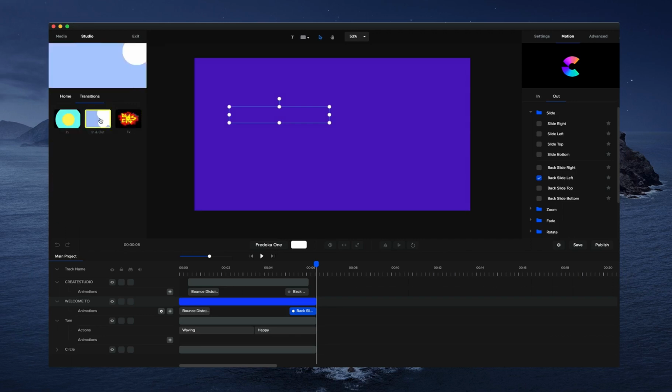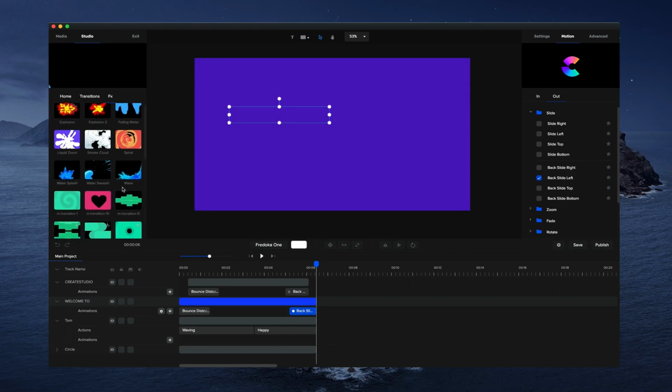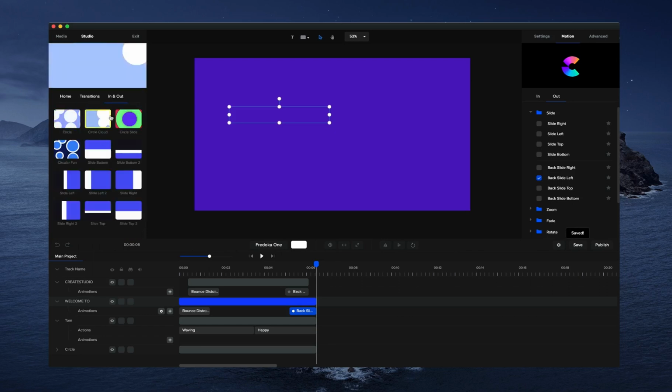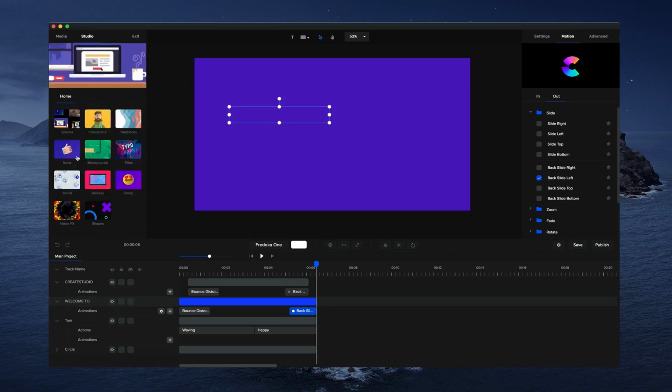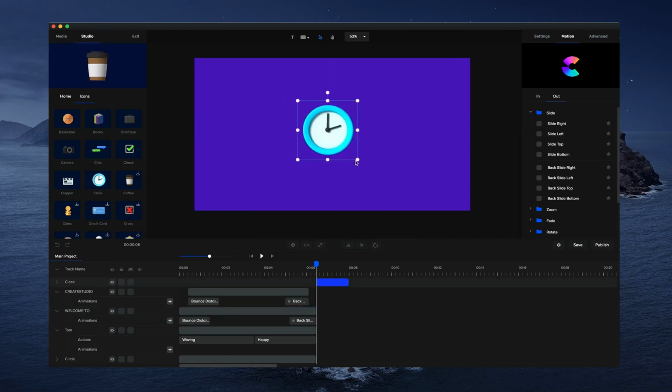And we've got transitions. So we've got some special effect ones like this. Yeah, just a whole bunch of really nice looking ones. We've got in and out ones, and you can adjust the colors really quickly and easily. We've got 3D icons, which are really cool. So you simply use one, you simply click on download, and drag and drop it over here like that. And I can go and resize that